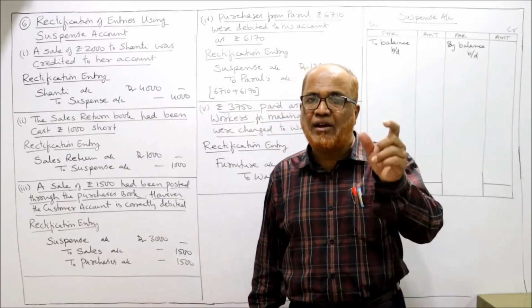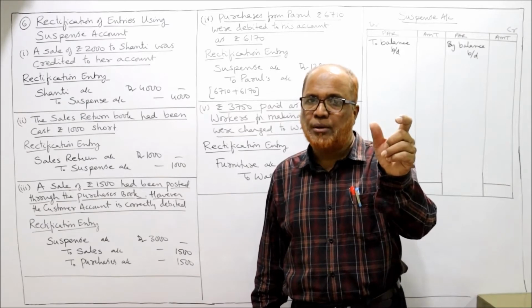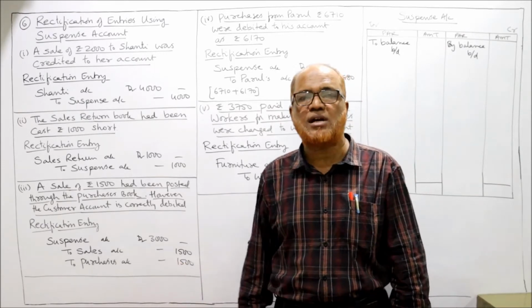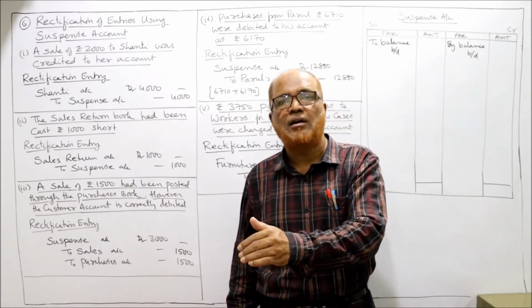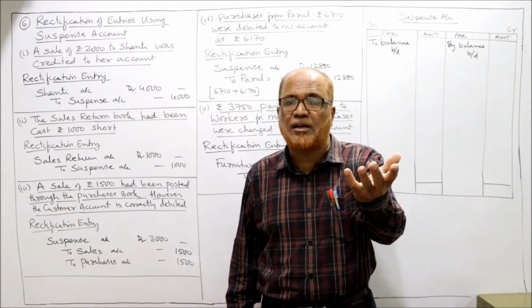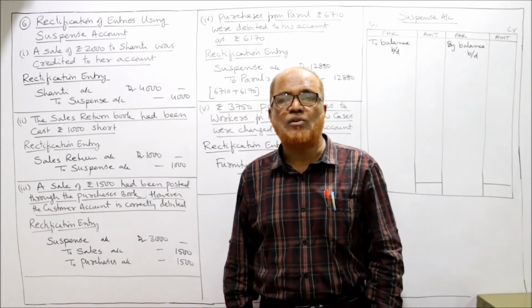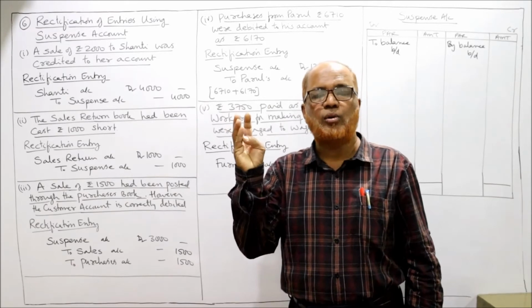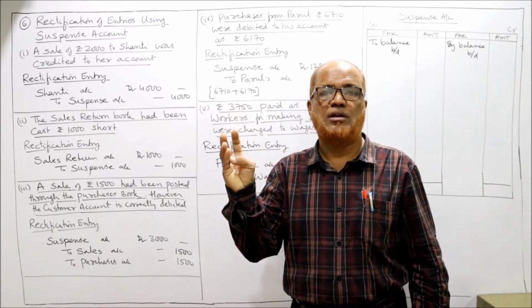By mistake, we have debited purchases account. Now, purchase account will be credited. Sales account we have not credited. Now we credit. So we have to credit purchase account and we have to credit sales account if there is no